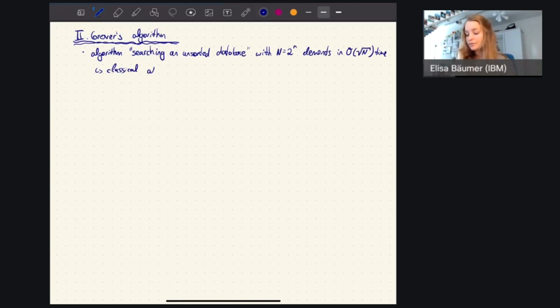because it can actually even be proven that a classical algorithm needs on average N over 2, so it scales with N time. An example is you can think of a phone book. That's a common example that people give, where a phone book is sorted by names, right? But if instead of giving you a name and asking you what the phone number is, I could give you the phone number and ask you what is the name corresponding to that. That would be an unsorted database because it's just not sorted by phone number. But if you go look through all the different entries, it will on average take you N over 2 time